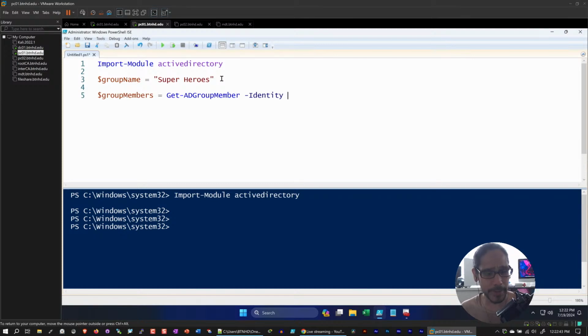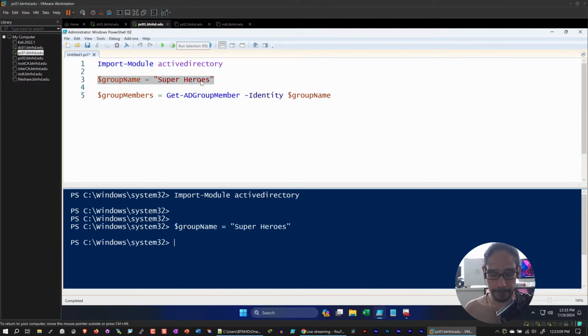Because we declared a variable within line number 3, all we have to do is call out our variable. Done. Now you are able to just run this command, and it will give you your groups, and you're done. That's it. But I'm going to show you what happens if you just run that command. So I'm going to put the cursor at the end of line 3. This will hold whatever we assign to group name, and if we just highlight this and run it,